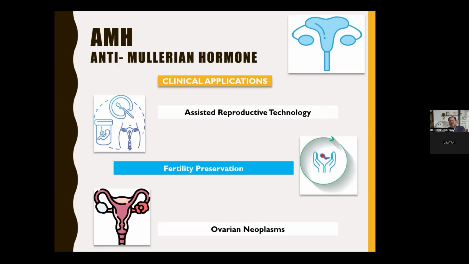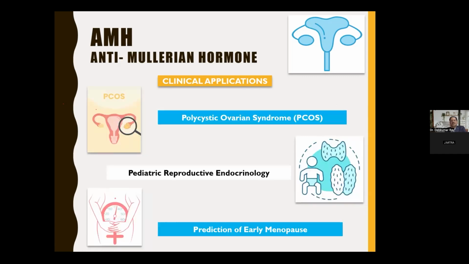Ovarian neoplasm can also be detected by the assessment of AMH. Polycystic ovarian disease like PCOS, previously PCOD, is also associated with the assessment of AMH. Pediatric reproductive endocrinology needs the assessment of AMH, and prediction of early menopause is also done because